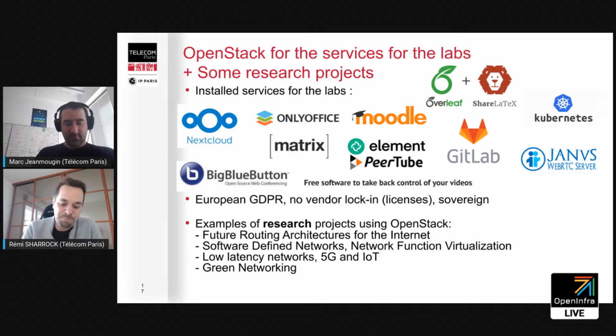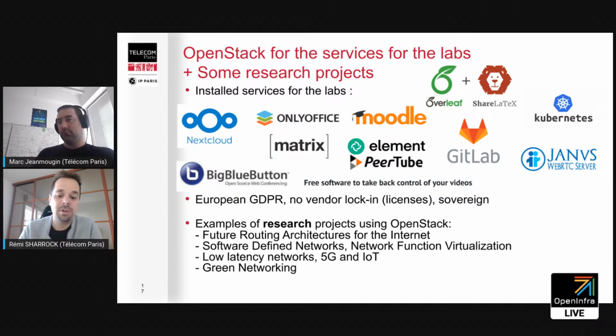Also, every time there is a good cloud service, we try to find an open source alternative, and we try to install it on our servers, test it, and if it is good, maybe open it to the faculty, so that we avoid vendor lock-in for licenses.